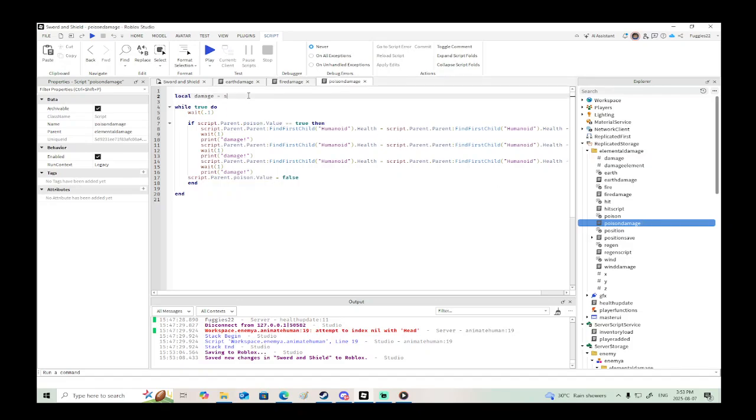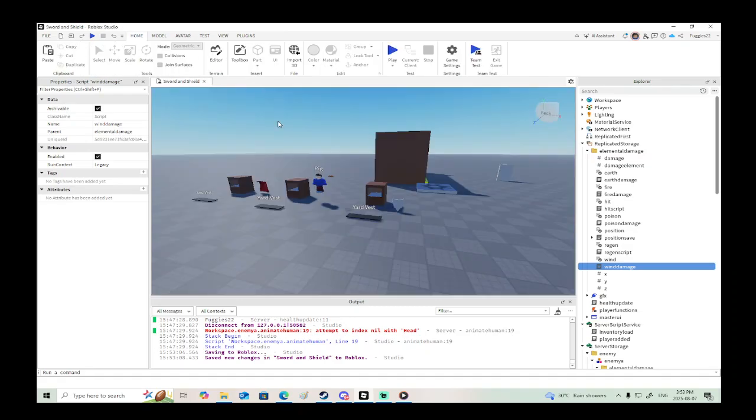Poison, script.parent.damage element.value. There we go. So now that we have all the values set up,